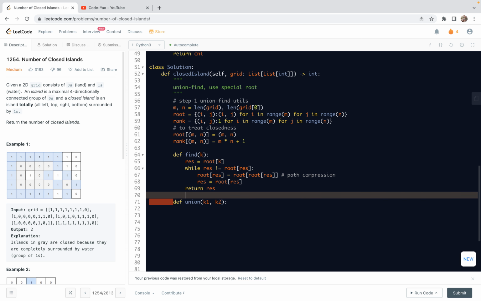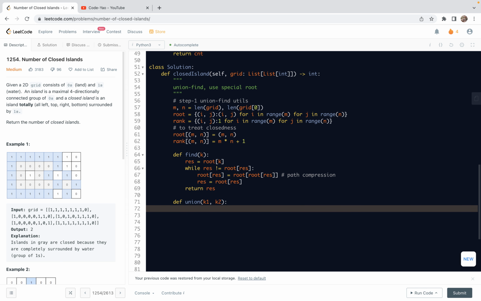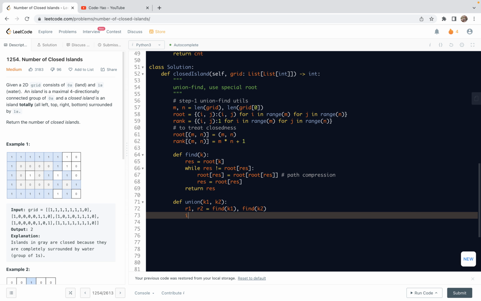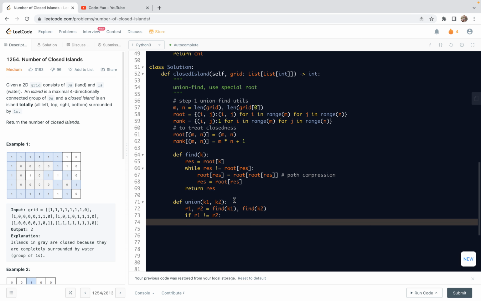Now let's look at the union method. For the union method, because we have already implemented the find method, let's first find the roots R1 and R2. Let's find k1, find k2, right? Then if R1 equals R2, then we do nothing. Otherwise, we're going to check the rank. If rank of R1 is no less than rank of R2,